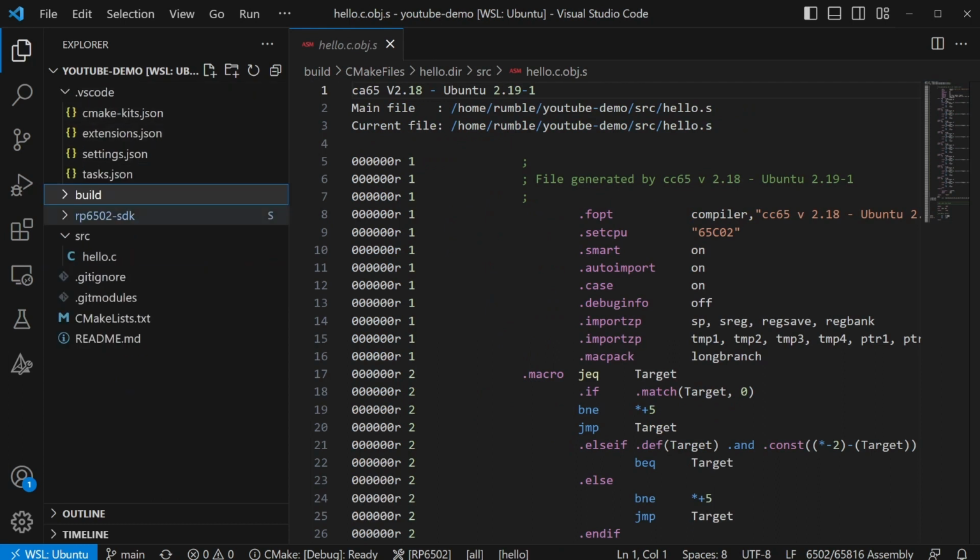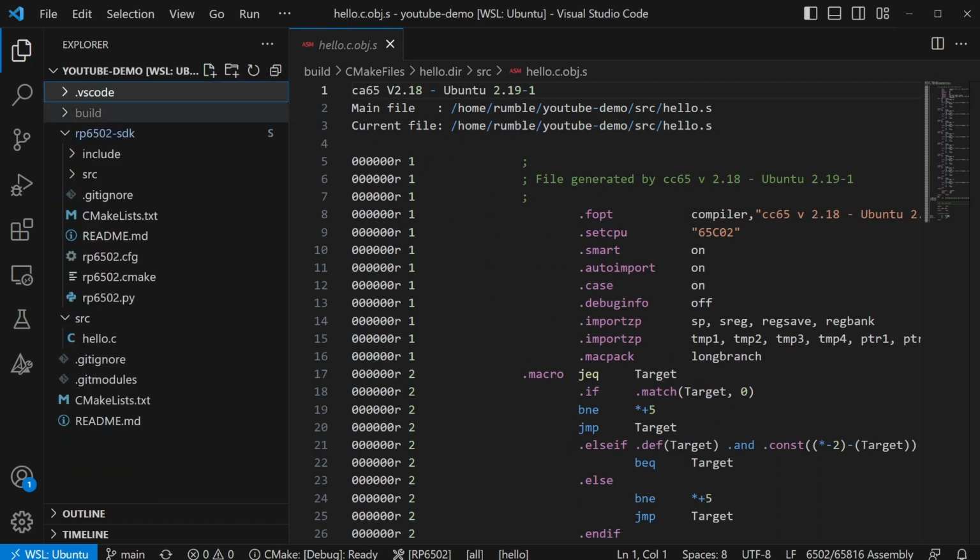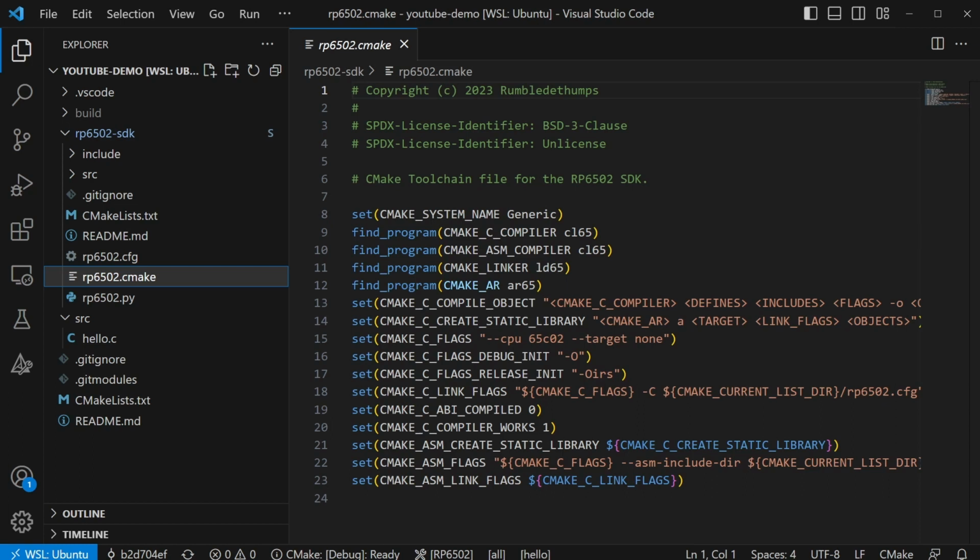And finally, we get to the SDK folder. This could have been built into CC65, and perhaps someday it will. I don't want new features to be delayed by upstream projects, so I built the SDK as a Git submodule. It also gives me a good place to put a couple of things that wouldn't be appropriate to distribute with CC65. Like this CMake toolchain file. A lot of this stuff is considered internals and not documented. Most of it was figured out by trial and error. I'm surprised it works as well as it does, just don't ask me how.